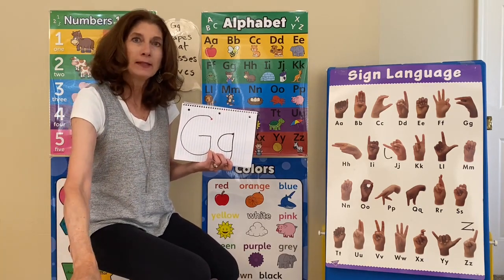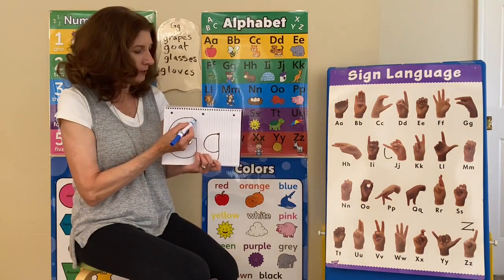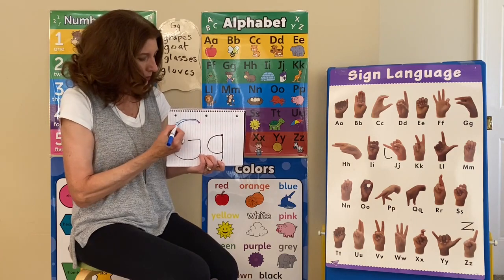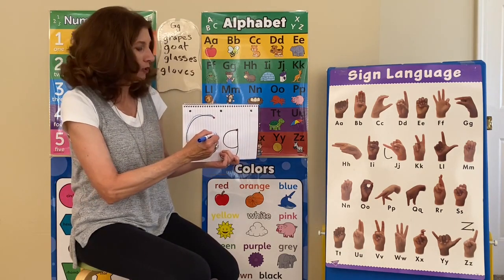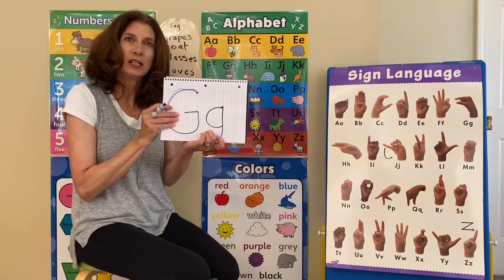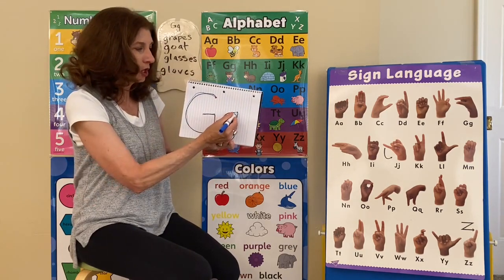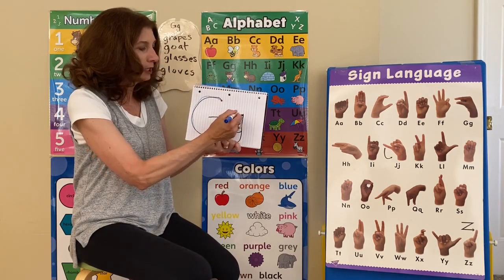I have felt pens and my first color is blue. Right, so I'm going to start at that dot. I'm going to go around. It's like making a circle, but then you stop and you go in with a line, a straight line in. That's the big G. The little g you start on the dot and you go around and make a little